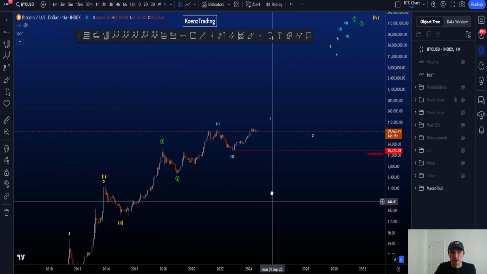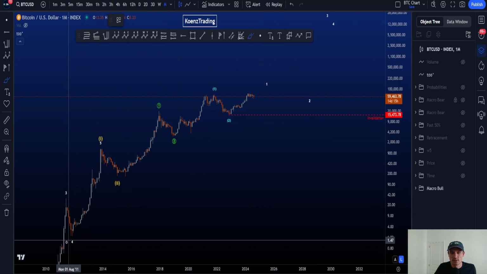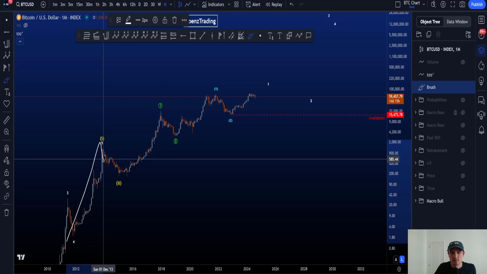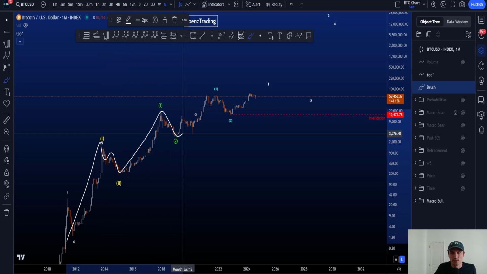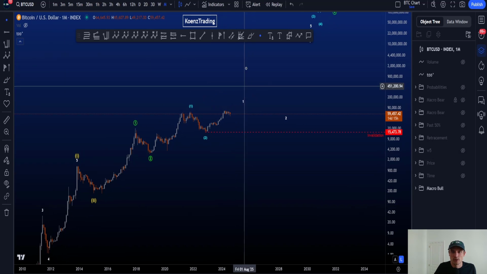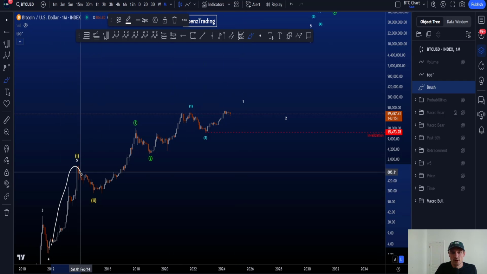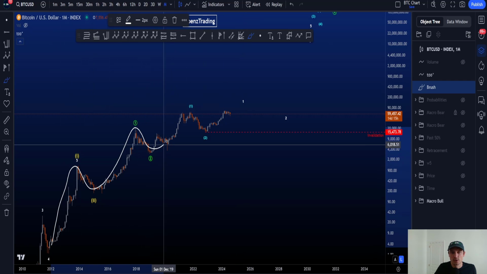Now, those 5 waves towards the upside are here labeled as wave 1s. So here we have a 1 to the upside, a 5 wave, 3 wave, 5, 3, 5, 3, looking for another 5. So in the most bullish scenario, which is what you see on the chart on the monthly time frame on Bitcoin from an Elliott Wave point of view, we are looking for a multi 1, 2, 1, 2,